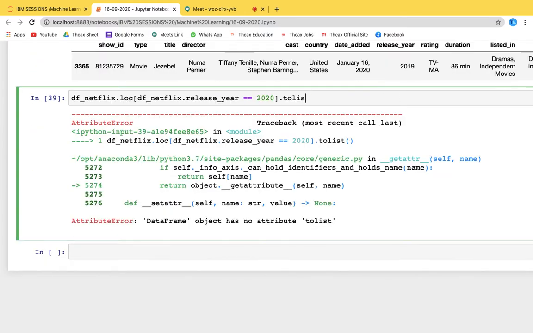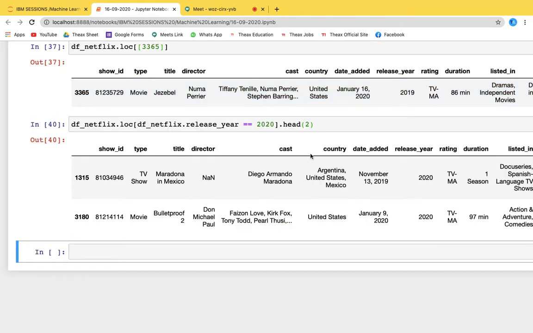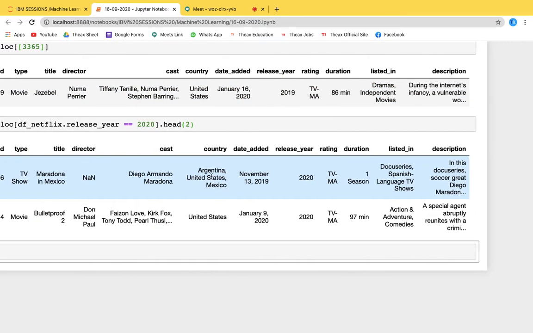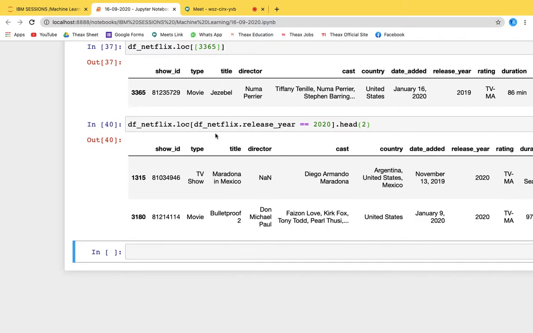Let's say locations, right? So head of two. So that's the thing, we can find the 2002 and all. Okay, fine. Further proceeding with this data set, now you have got the release year. So if I say that you have even located these are the 2020 years and all,